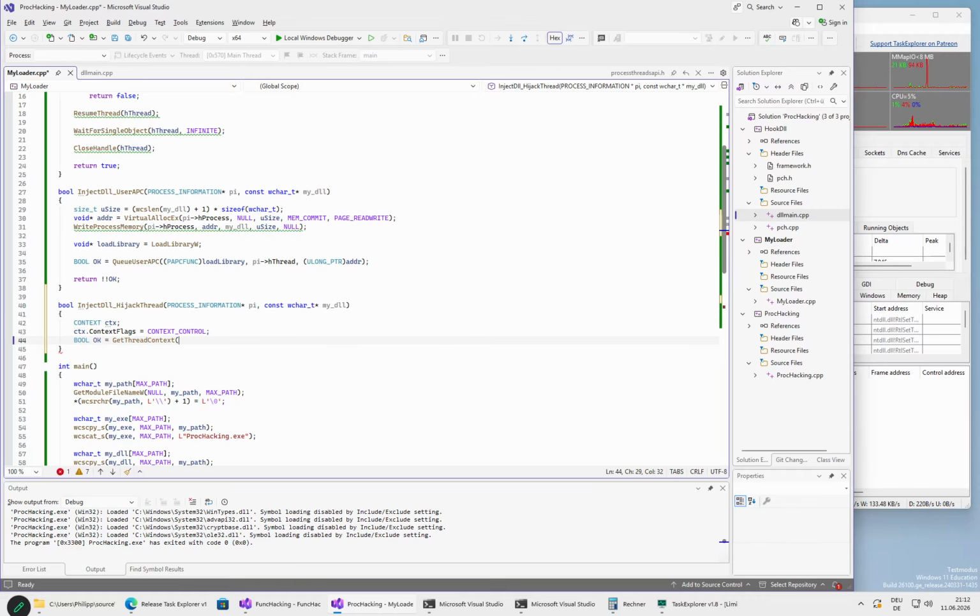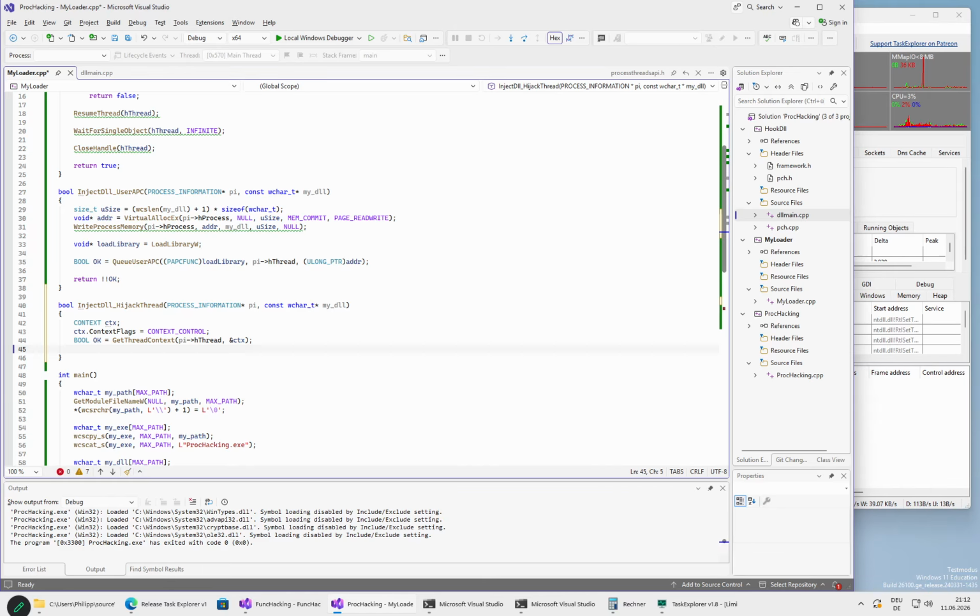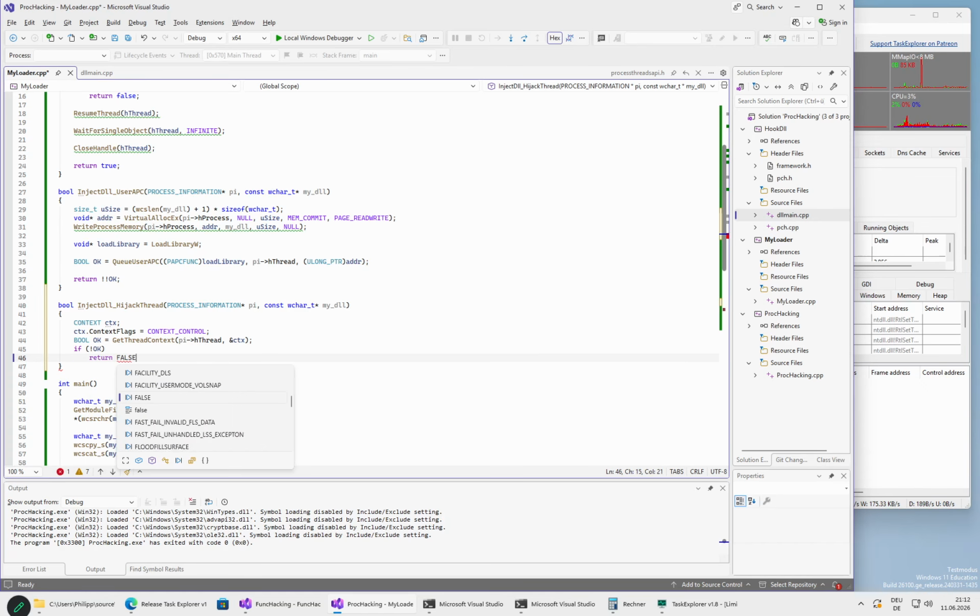We need to pass the handle pThread, comma, then our context. We write into this flag field which part of the context we want. So the context is quite large, but we are not interested in most of the possibly available information. We just want some of it. And of course we will add here some checks, false,